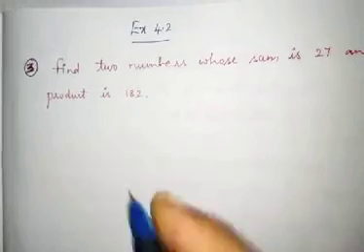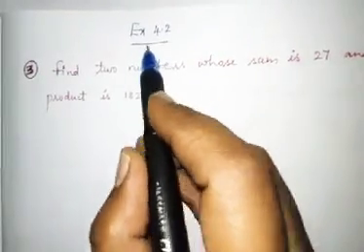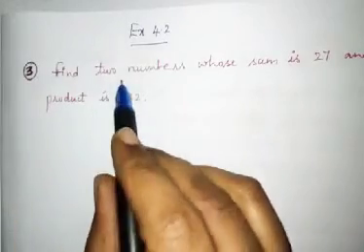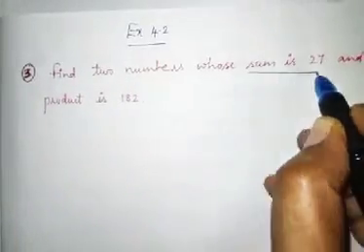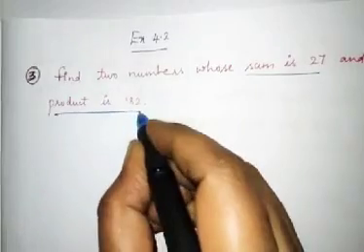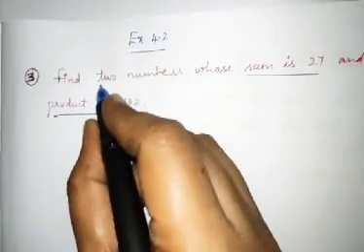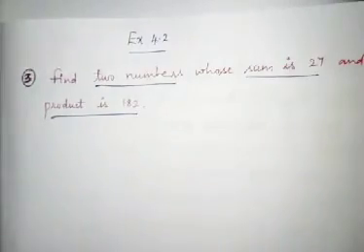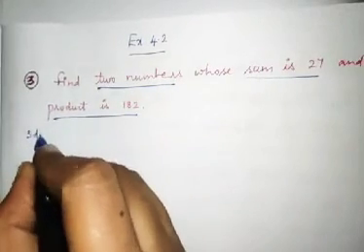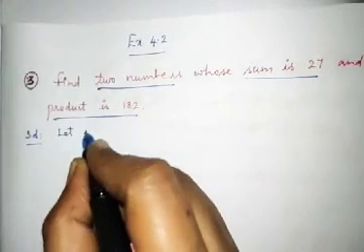Hello friends, let's start exercise 4.2, third question. Find the two numbers whose sum is 27 and product is 182. And here we'll assume these two numbers as x and y. Let's see the solution. Let the two numbers be